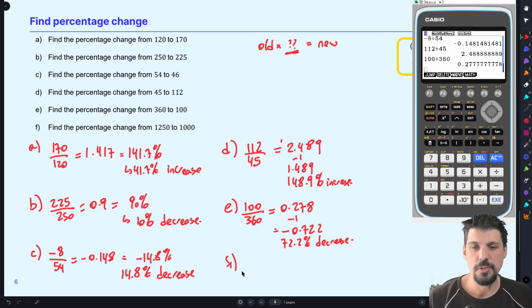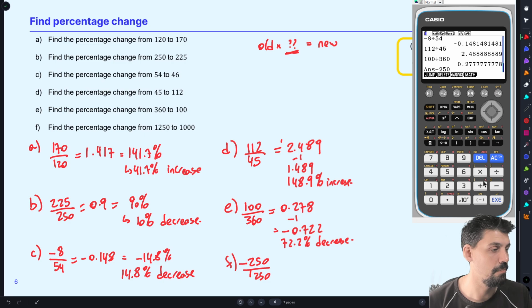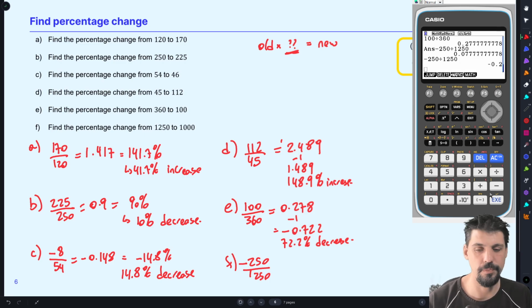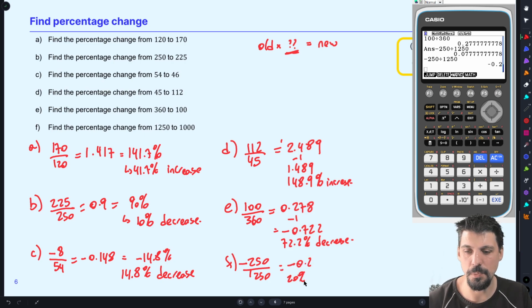We're going from 1,250 to 1,000. Again, let's do it in a different way as well. We're going to do the change, which is minus 250, divide that by 1,250. You need to get this the correct way around. The main thing is, whichever way around you do this, we are dividing by old. Silly boy. At this point, I had the answer in my head, minus 0.2. So that is a 20%